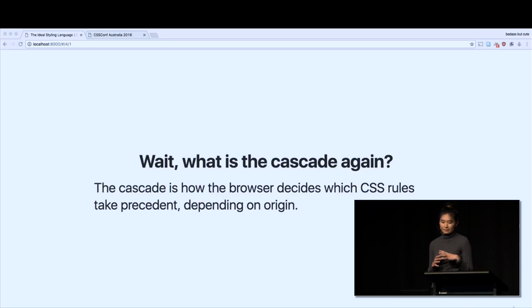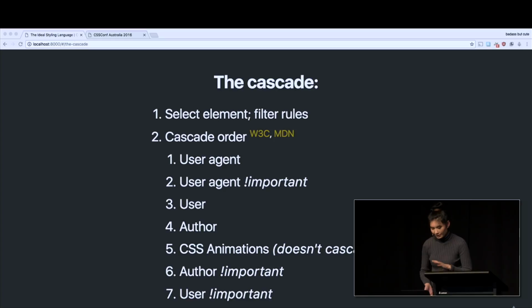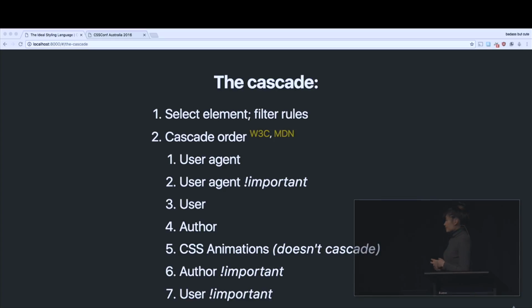many web developers that I've met, including myself, have confused the cascade with the specificity algorithm, with inheritance. I thought that for the longest time too. But it's neither of those. What it actually is, is how the browser decides which rules take precedence depending on where they come from. So here is the order. When your browser is passing through your HTML and your DOM, it takes an element and filters out all the rules that don't apply and is left with all the rules that apply to the element it's looking at right now. Then it performs the cascade algorithm, and it orders all these rules based on where they